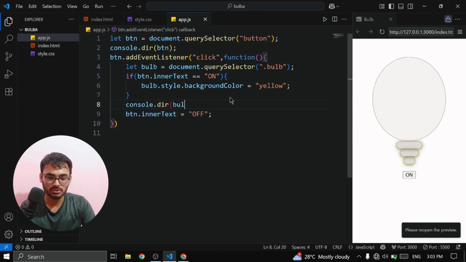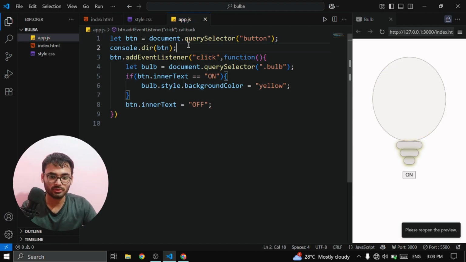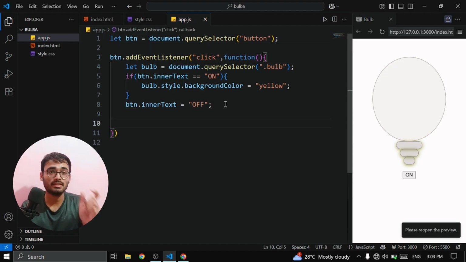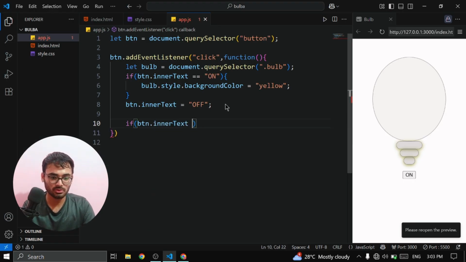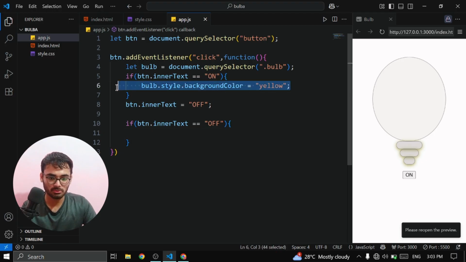Right now I'm just going to remove this console.dir bulb. So we are going to remove this object, null text of that particular button. When it gets off, then we need to change the background color to white. If the btn dot inner text is equal to off, then what we need to do is we need to do everything like this. We want bulb dot style dot background color,